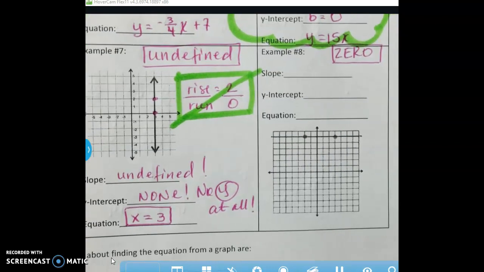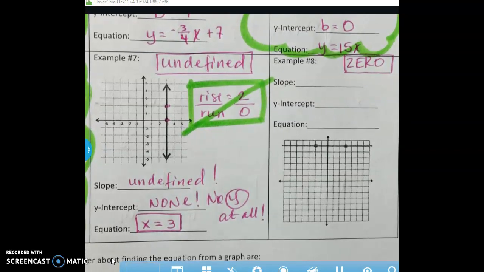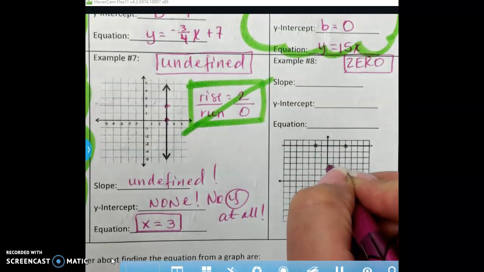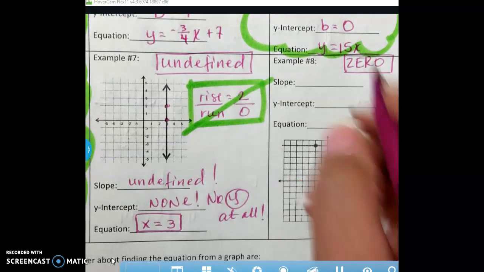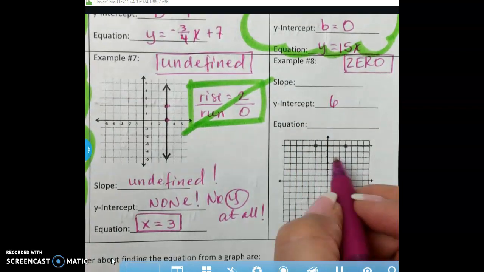All right, in our last scenario, example 8, we do have a y-intercept right here, so it's 1, 2, 3, 4, 5, 6. The y-intercept is 6. For our slope, we do have two handy points, so let's take